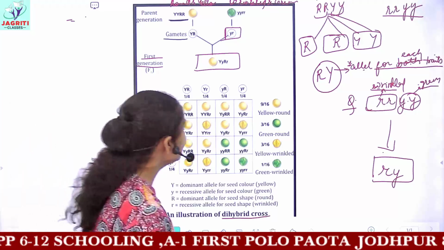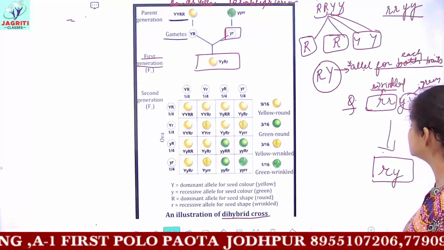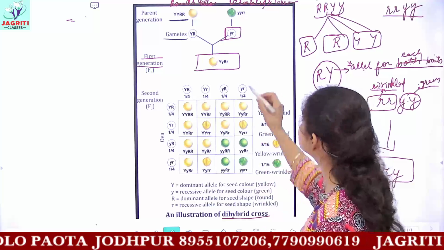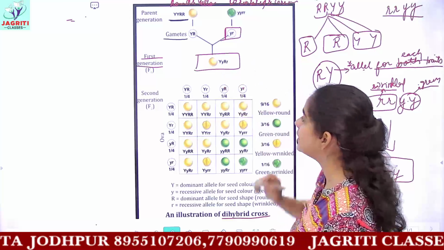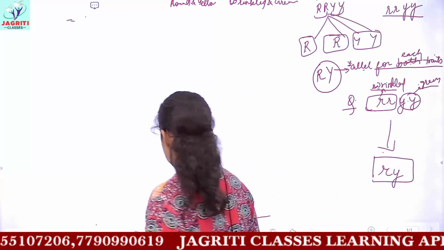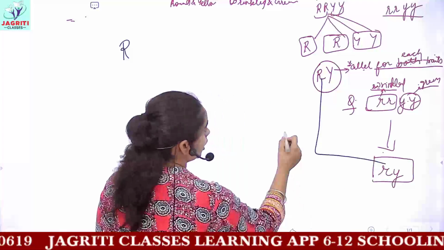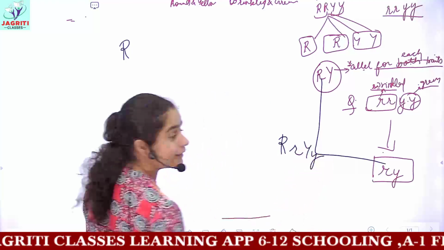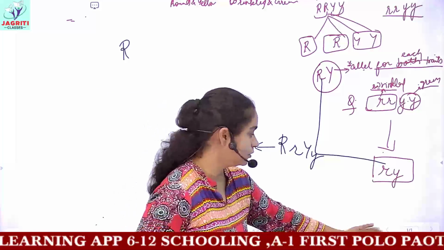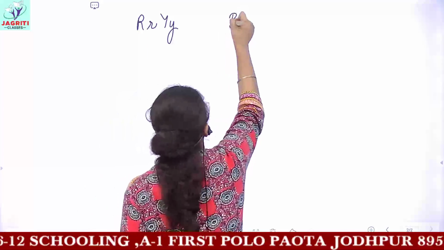After getting the F1 generation, what we do is we cross the F1 generation. So how do we cross? Now you have to form the gametes from this F1 generation. So the F1 generation is capital R, small r, capital Y, small y. According to the cross which we have done, these were the two gametes. Now you cross them, and hence this is our F1 which we got. So now we'll be taking the F1 generation, capital R, small r, capital Y, small y.